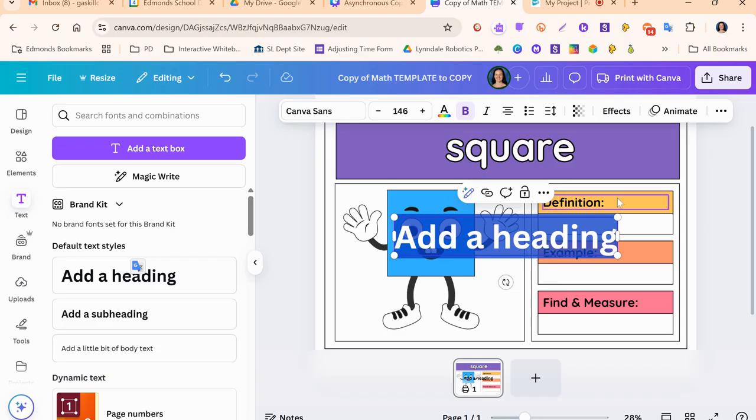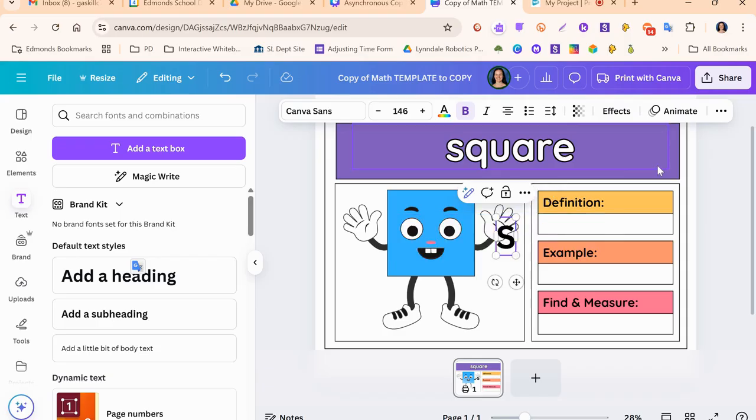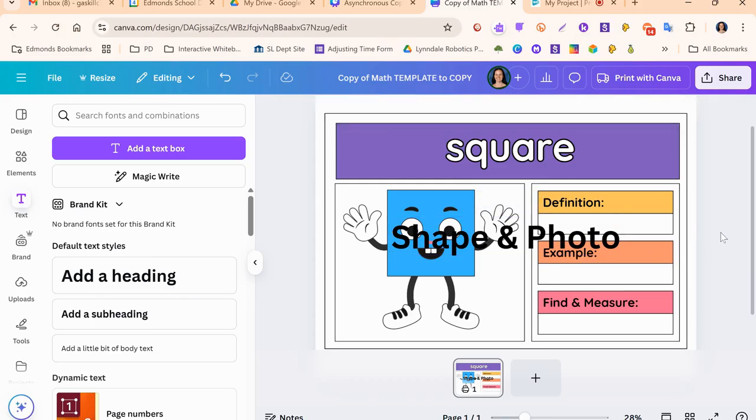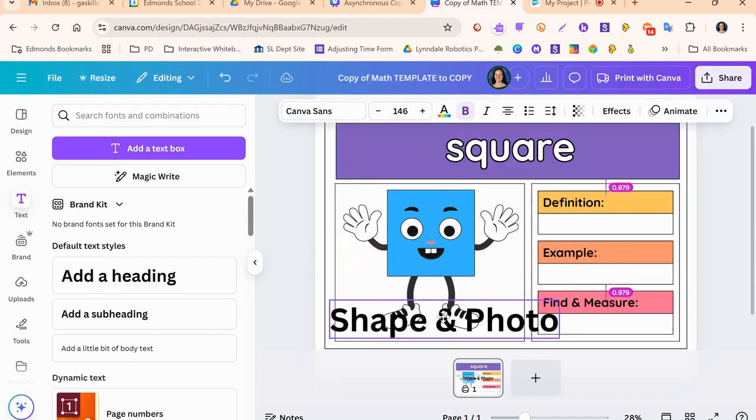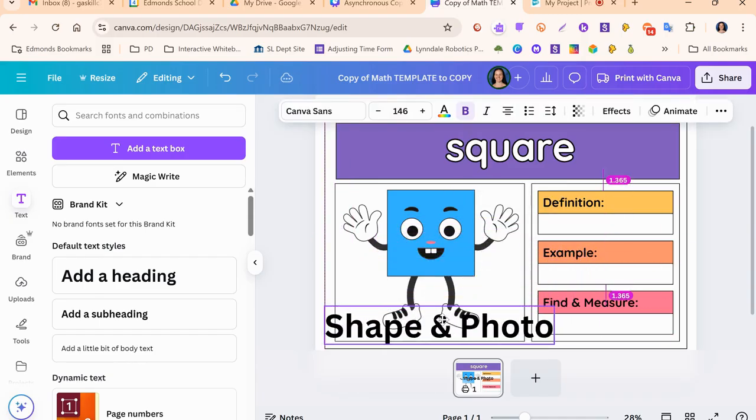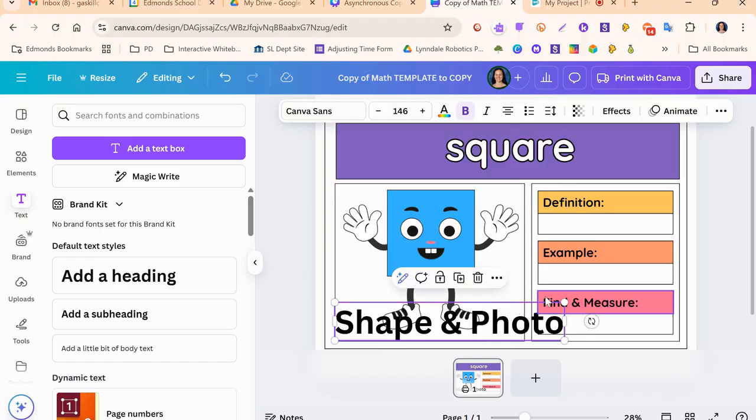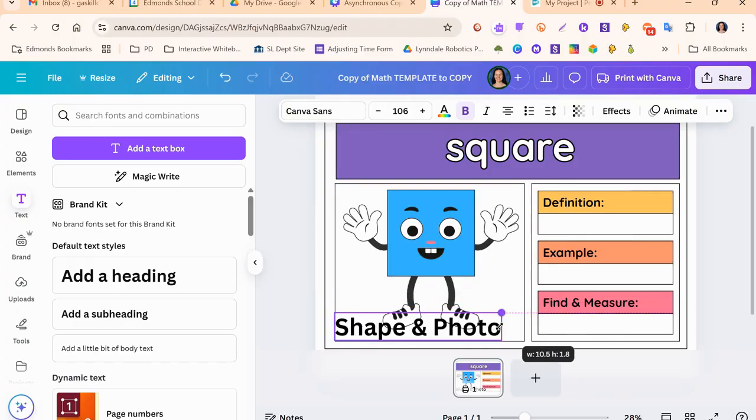I'm going to add a text here that says shape and photo, because I'm going to have them put those in here. I'm going to click outside of it now that I'm done editing. And now if I click and drag, I can place it where I'd like to in the box. Here is where I can change the size by either dragging these corners to make it smaller,